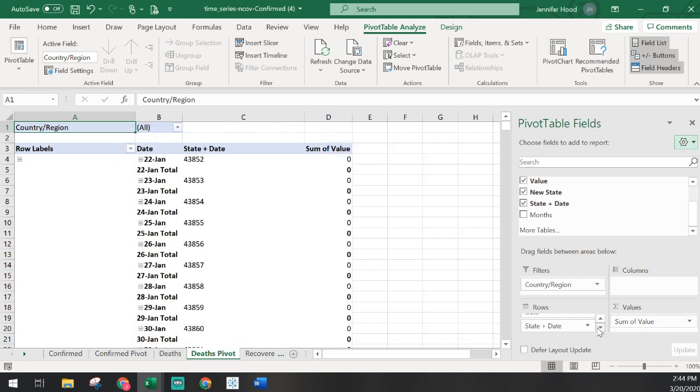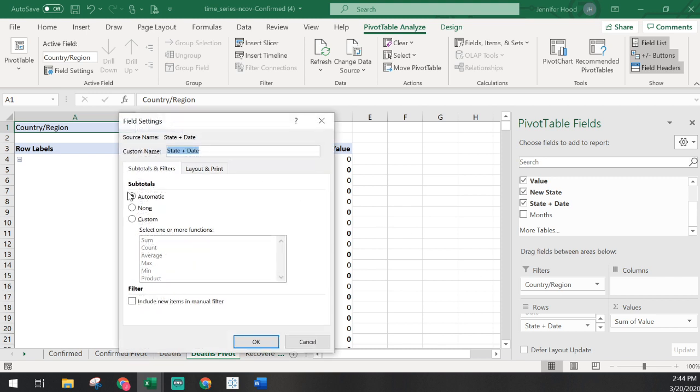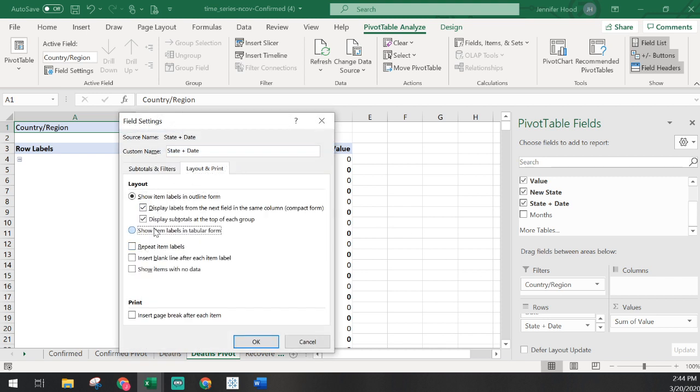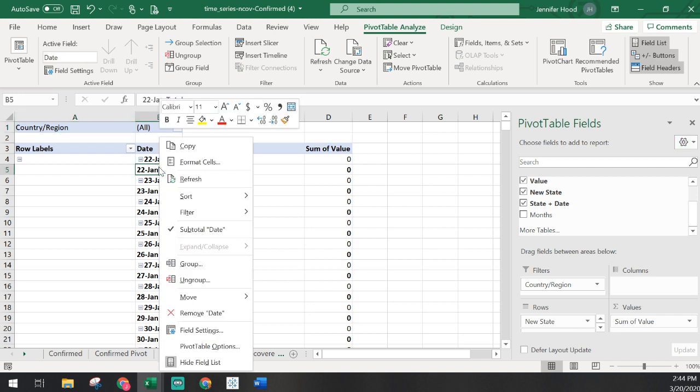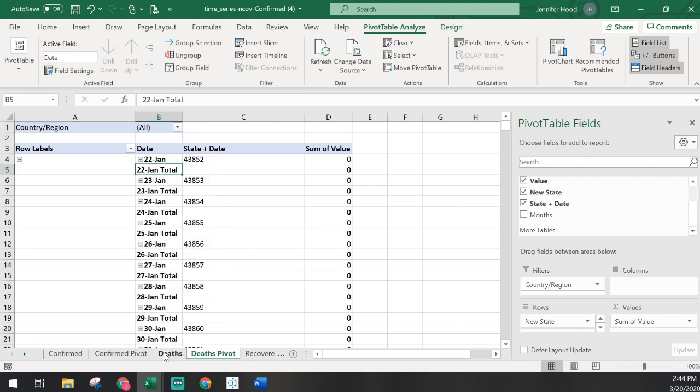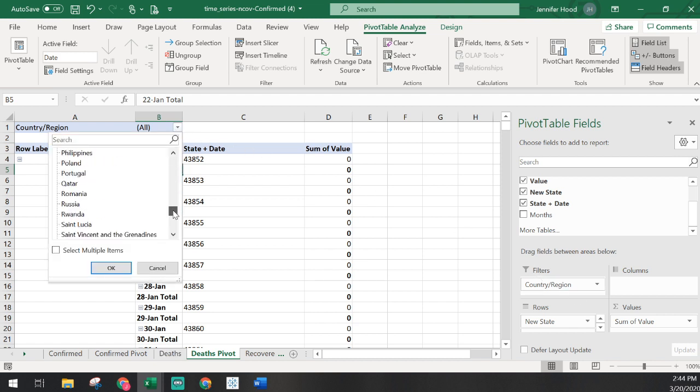And then do the same thing on our state and date. Let's see, why is that? That doesn't look great because I didn't put the US filter on, that's why.